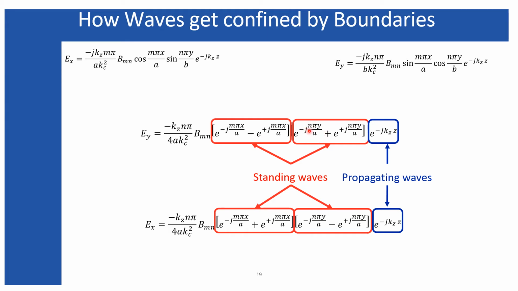Similarly, this factor represents the propagation along the positive y, and this represents the propagation along the negative y, where the wave number along the y direction is n pi y divided by a, and a similar argument is applicable for Ex also. Since these two propagating waves, the forward and the reverse direction, exist with similar amplitude, this is nothing but a standing wave, and that is why this cos term and sine term appear, due to the formation of the standing waves.